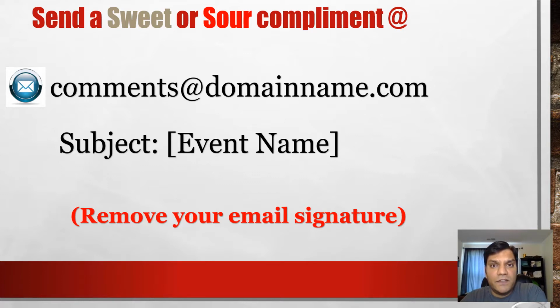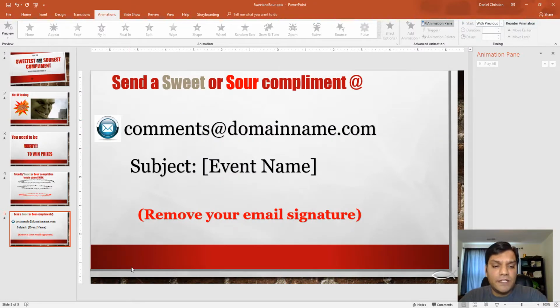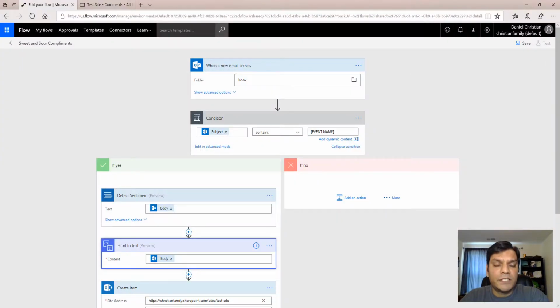In addition, I've given you the zipped flow template so you can import that and start using it. And then finally, I also gave you the Power BI template so you can just make all the connections and start leveraging that. So here's basically what I did. In the event that I was speaking at, I just told people to send an email to a very specific email address.